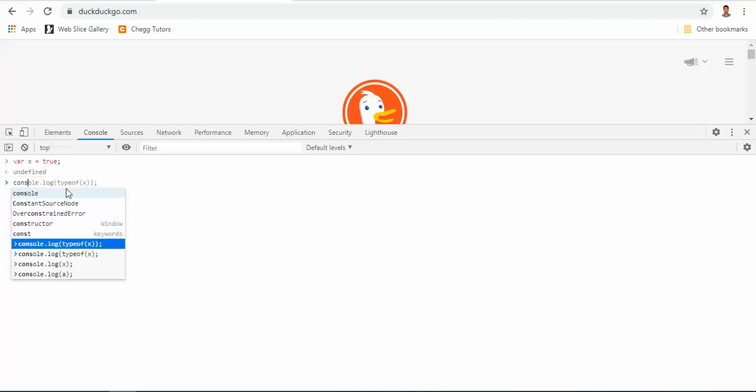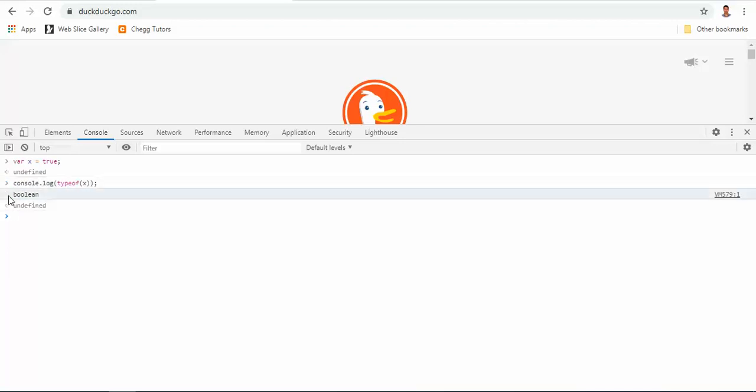Let's console the type of our x and see. Now its type is boolean. These three are the very basic data types, which you will find as primitive data types, which will be very much needed for whatever operation you want to do with JavaScript.